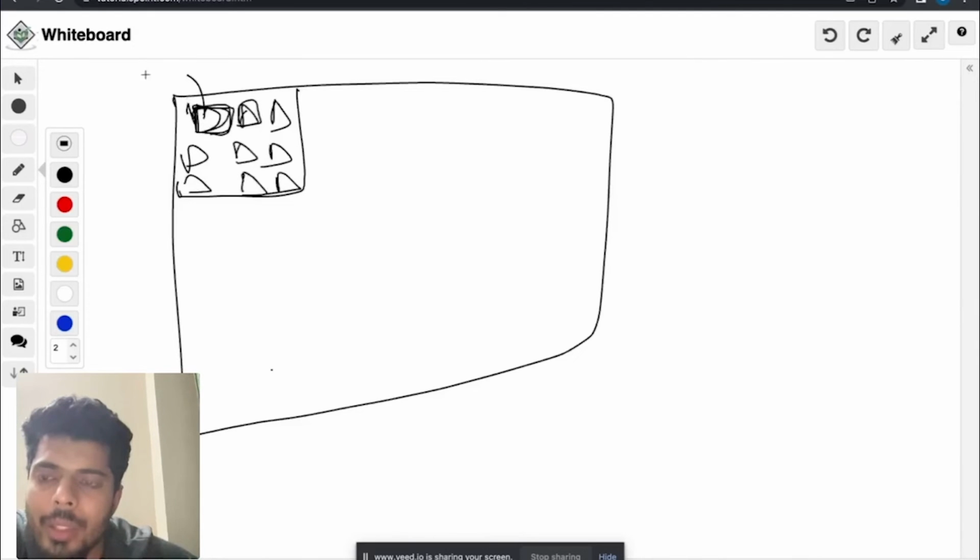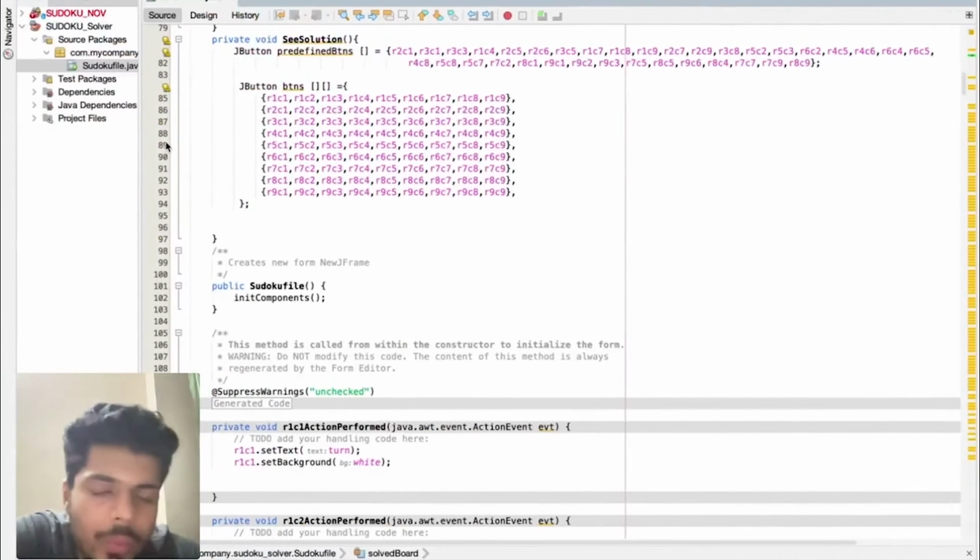If it is not pre-filled, then I'll put the value inside it from the solved board array, and the indexes are in sync. So when I put the ij indexes, solved ij, I'll get the accurate value here. So that's what we're going to do, and let's see how we're going to do that.